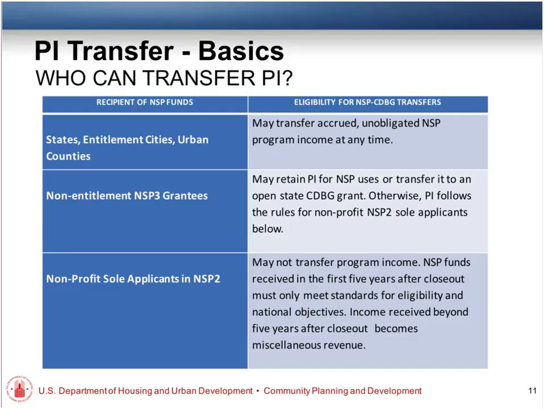Chances are you're going to be able to either retain that program income for your use, or your grantee, who gave you the funds, is going to require it to be returned. But it won't ever become CDBG funds if it's in the control of the nonprofit.